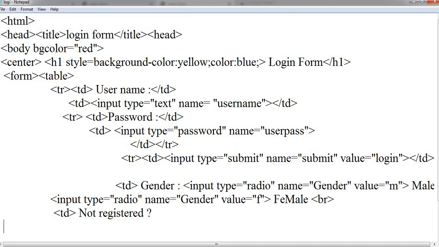So we can add or give the link for another file. So this is a method to give the link from this one form to another form. So we are giving here the anchor tag to make a link for another file.